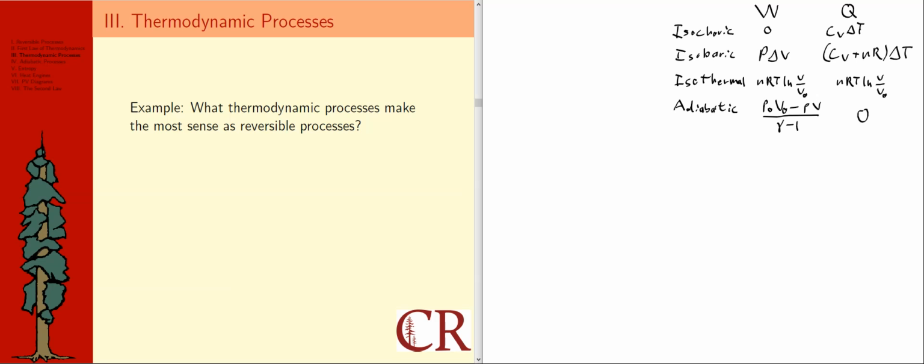What thermodynamic processes make the most sense as reversible processes? This is a strangely worded question because it just says make the most sense, because it turns out all of them can be modeled theoretically as reversible processes. In other words, there's ways to imagine each of these processes so that they occur in a way that does not cause an irreversible change to the environment, and therefore satisfies the condition